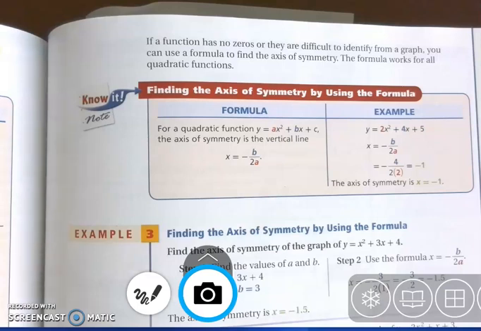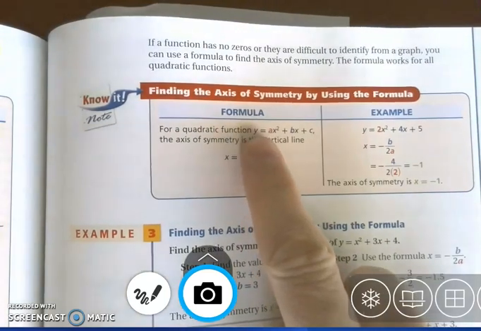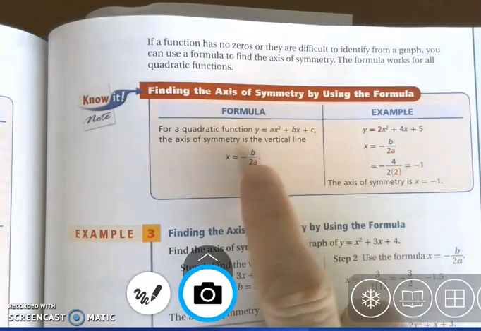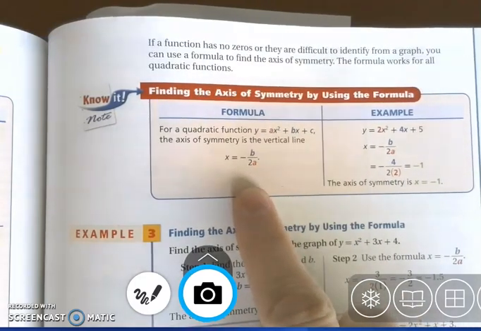Okay, so in example 2 we learned how to find the axis of symmetry by using zeros of a function, by looking at a graph. If a function has no zeros or they are difficult to identify from a graph, you can use a formula to find the axis of symmetry. This formula works for all quadratic functions, so when you're given y equals ax squared plus bx plus c, I recommend using this formula every time, because it'll give you an exact